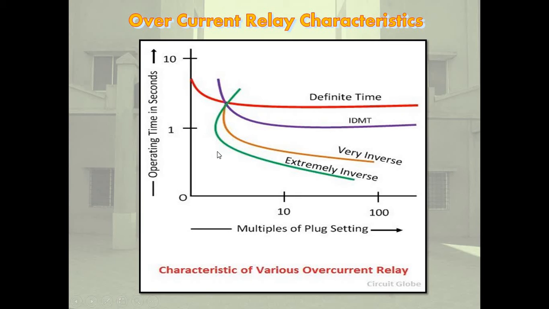Okay, very inverse type relay. It is the type of relay where the core does not saturate early, and then an inverse relationship can be introduced by an air gap in the core. So time current characteristics are inverse for larger values of current and then become a definite time curve. In the extremely inverse relay, saturation occurs at a much later stage and the current time curve is inverse for large values of current. Okay, so there are smallest differences between each characteristic.